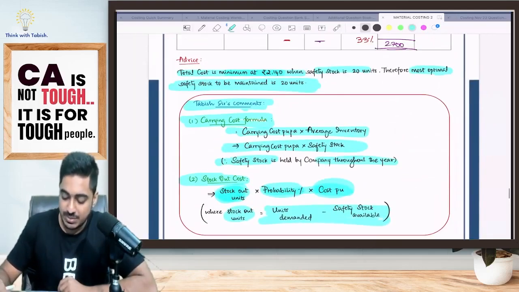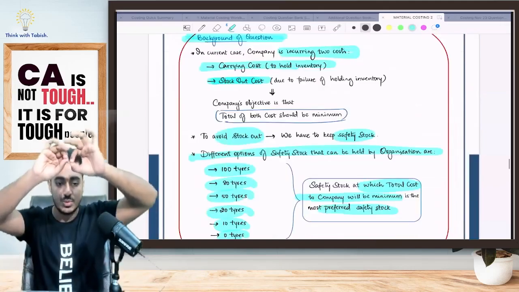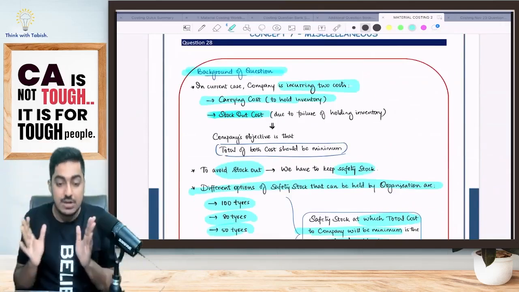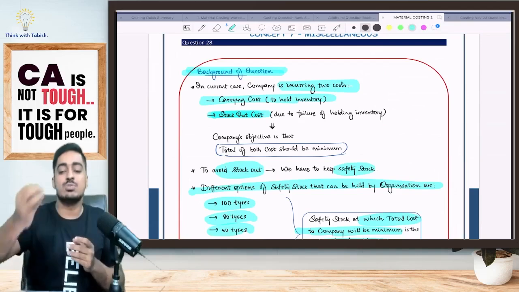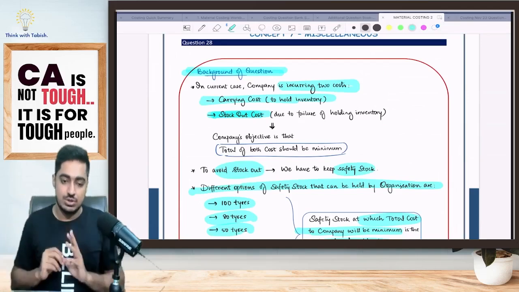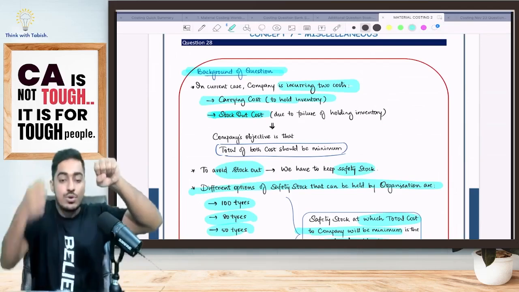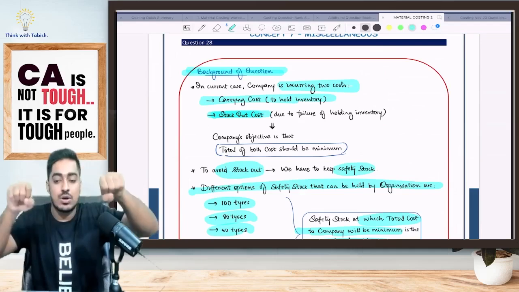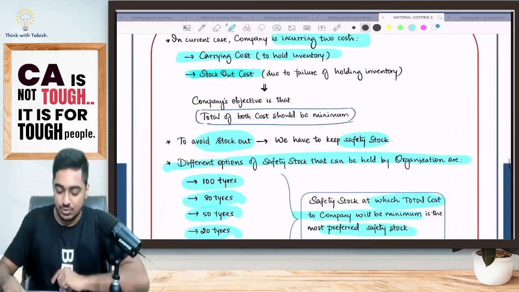Okay. So let me quickly summarize the question for you guys. Just in 2 minutes. Pay attention. We have come till here. Okay, we'll be taking 2 to 3 more minutes. Firstly, the question is telling that we are experiencing stock out. To overcome stock out, what should we do? We should have safety stock. I am incurring 2 costs. One is the carrying cost to hold goods. If I don't hold goods, I will incur stock out cost. My objective is where my total cost is minimum. Okay, perfect.